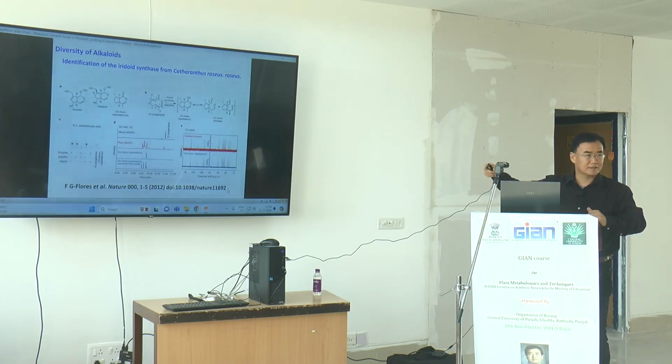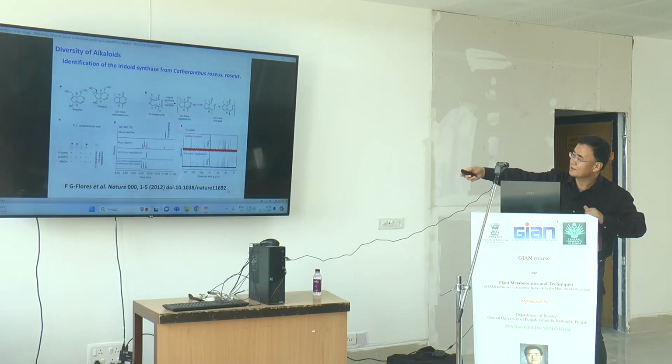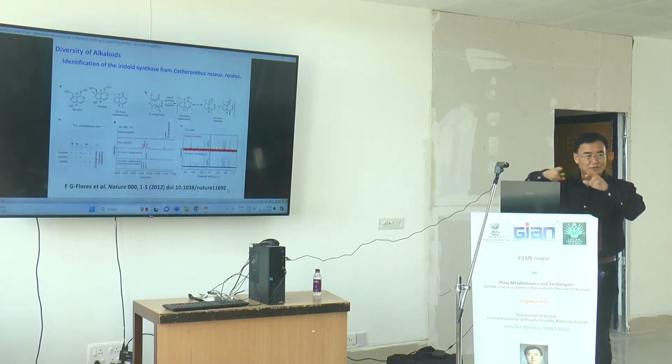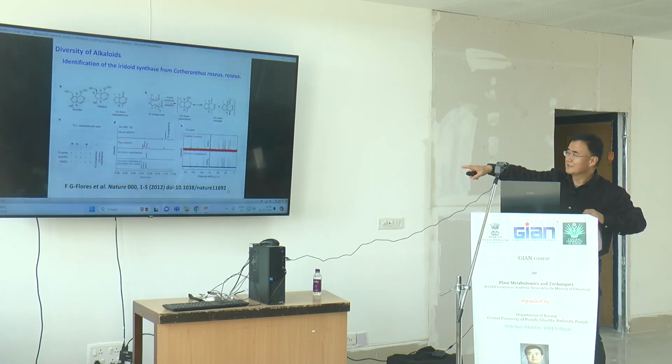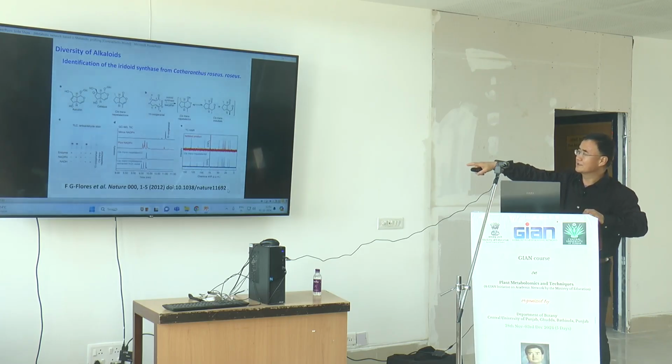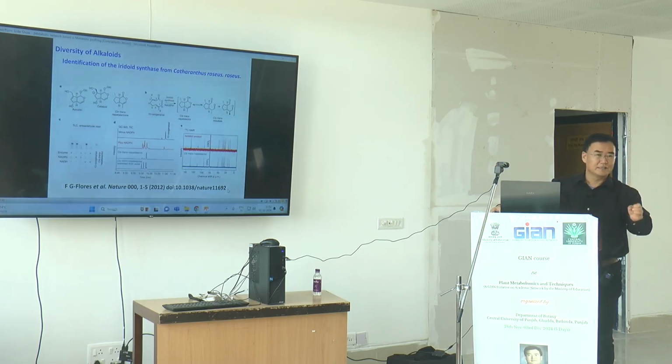I think now she has moved to Germany. They also use TLC to identify those compounds. Also TLC or GCMS, or finally, if you have enough purified or half-purified compound,